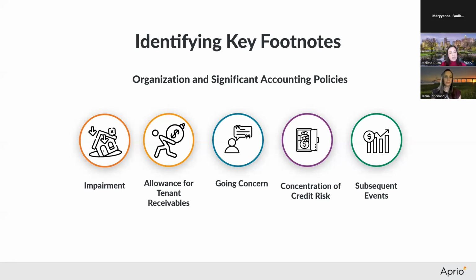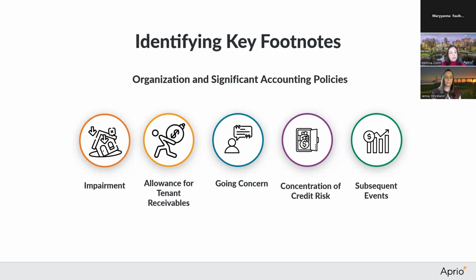So if you had $10 million net building on your balance sheet and something happens at the property and it looks like now it's only worth 8 million, you might have to take a loss of that $2 million as an impairment loss, which would go in that other expenses that Jenna talked about. So typically I just kind of look at that last sentence in the impairment footnote that says no impairment was taken during the year. And if there is something, then it would be something to look into. It could indicate an issue with the future cash flows and operations of the property.